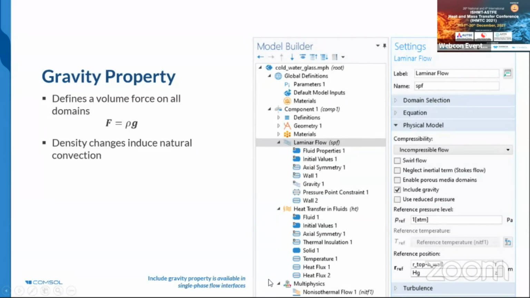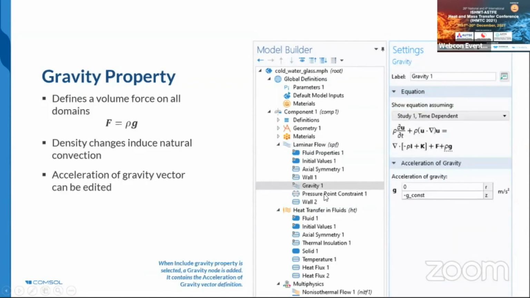So this is how the Comsol Multiphysics user interface looks. As you can see, you have different nodes describing the physics. In the different nodes, you activate the option you want to work with, here the gravity, for example. And from that, you get access to a gravity node where you can define